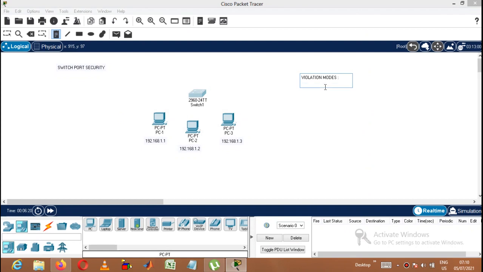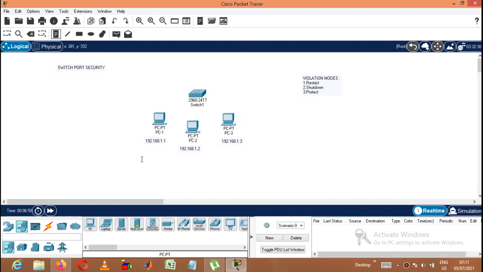First is restrict mode, second is shutdown mode, third is protect mode. In the first 2 modes we get the violation count incrementing, whereas the third one will not increment the violation count. So we'll take the first 2 mechanisms to explain the concept today: restrict and shutdown.